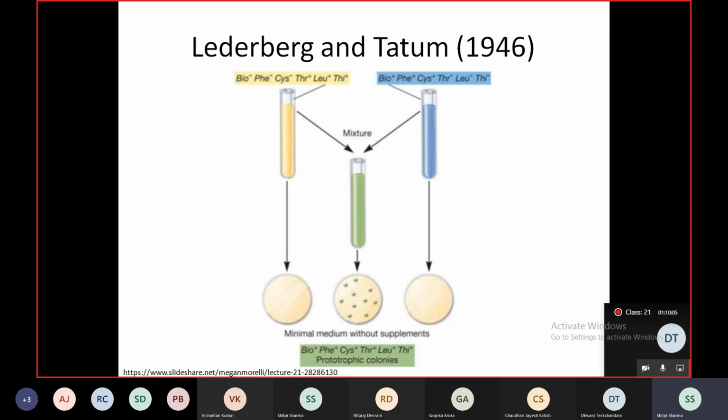तुम लोग को अगर याद हो, I talked about auxotrophs. Anybody, auxotrophs क्या होते हैं? हम लोग लास्ट क्लास में म्यूटेशन कर रहे थे, and I specifically mentioned this because it was to be used in our concept of conjugation. Anybody remembers what auxotrophs are? Ma'am, the ones which need to be supplemented along with the minimal media. Dhwani, you want to add something?